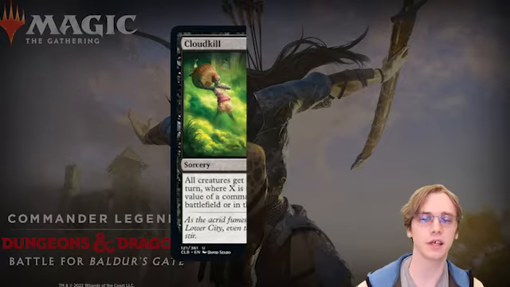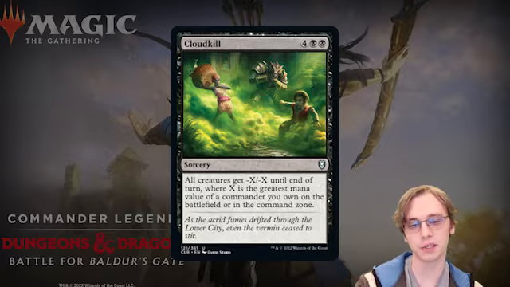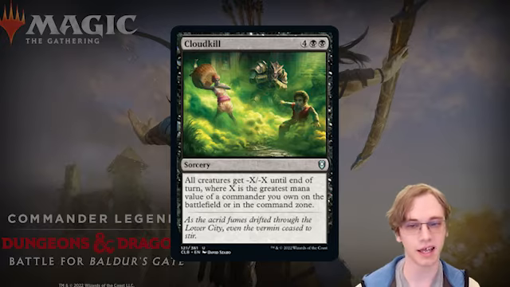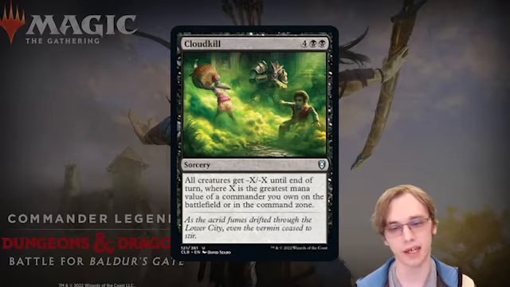Then we have Cloud Kill, a 6 mana sorcery. All creatures get -X until their turn, X being the greatest mana value of a commander you own on the battlefield or in the command zone. So this is really good because you don't even risk your own commander. You're paying 6 mana, so I guess ideally you want it to be at least -4/-4. So as long as you have a 4 mana commander,